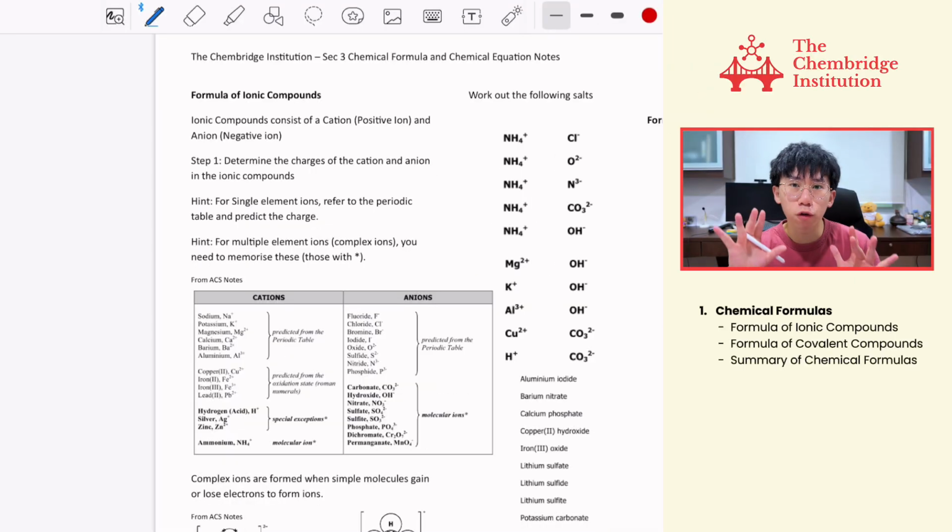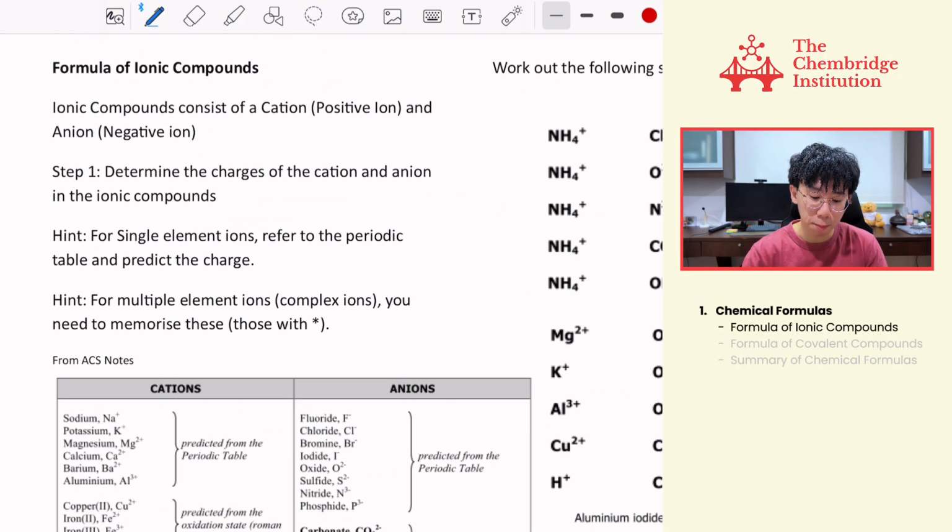So the first kind of chemical formulas that we want to look at is for our ionic compounds. Remember, ionic compounds consist of cations, which are positive ions, and anions, which are negative ions. If you follow these series of steps, you will no doubt be able to get the formula for any ionic compound. So step 1, you want to determine the charges of the cation and the anion in the